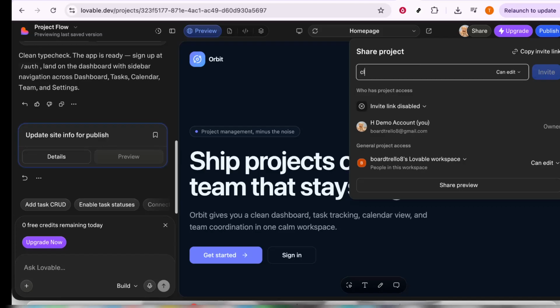On the other hand, copying the invite link gives you the flexibility to share that link in multiple ways. Perhaps you like the convenience of sending a quick message, or maybe your team prefers communication through other channels like chat apps. Simply paste this link into your preferred channel, and anyone with access can join in as a project